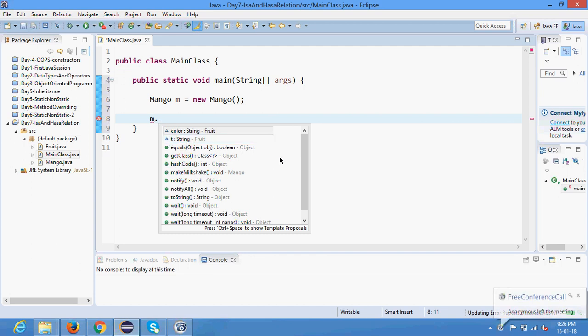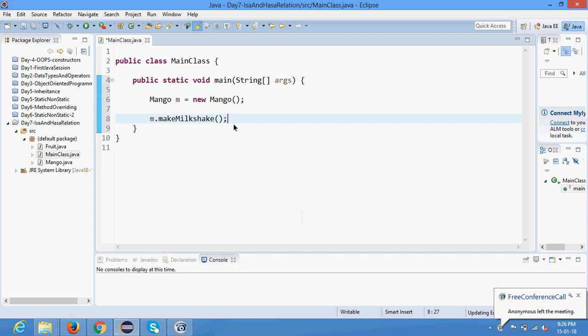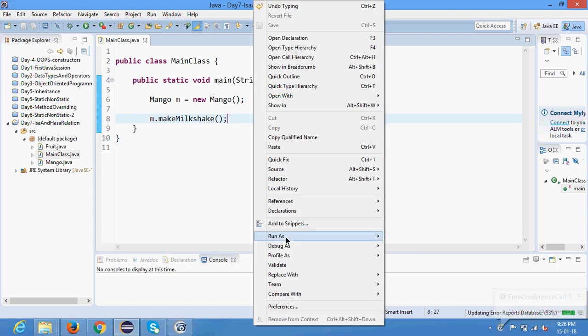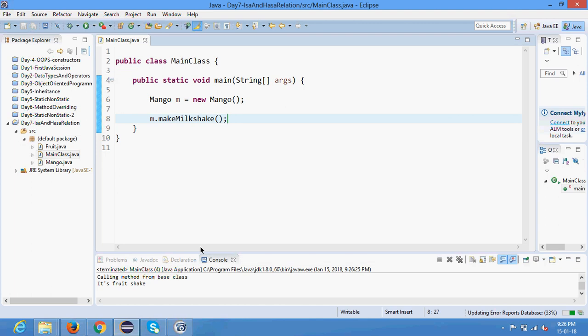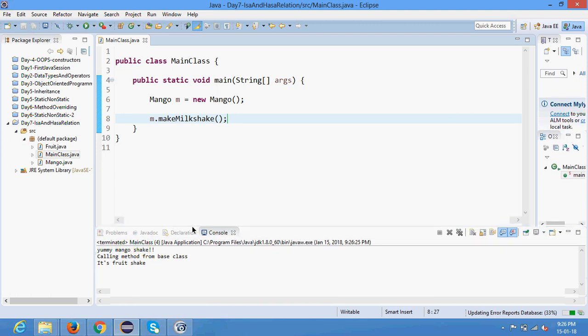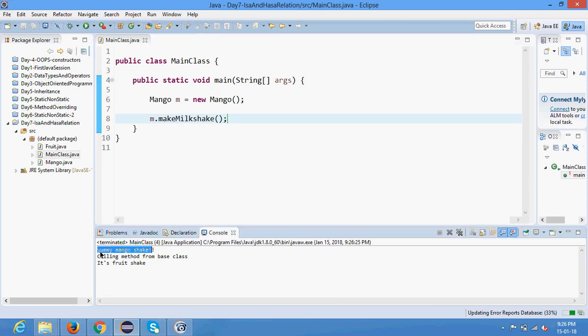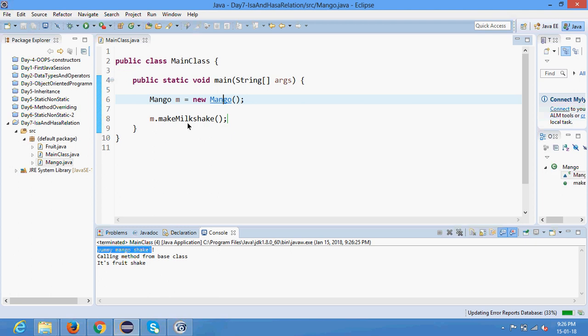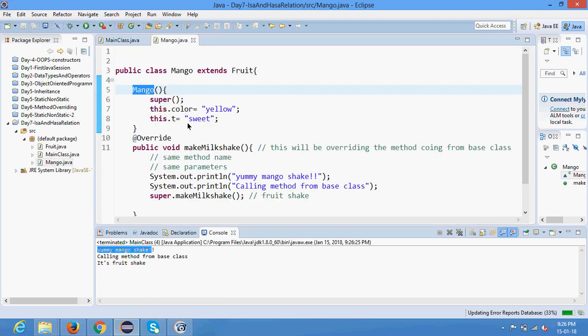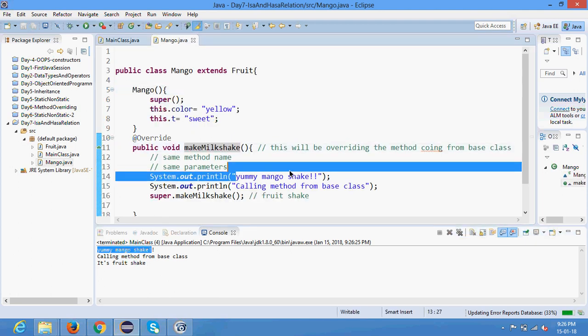Okay, let's run this code. So it says yummy mango shake. This is a line printed in the method make milkshake, yummy mango shake, calling a method from a base class, and